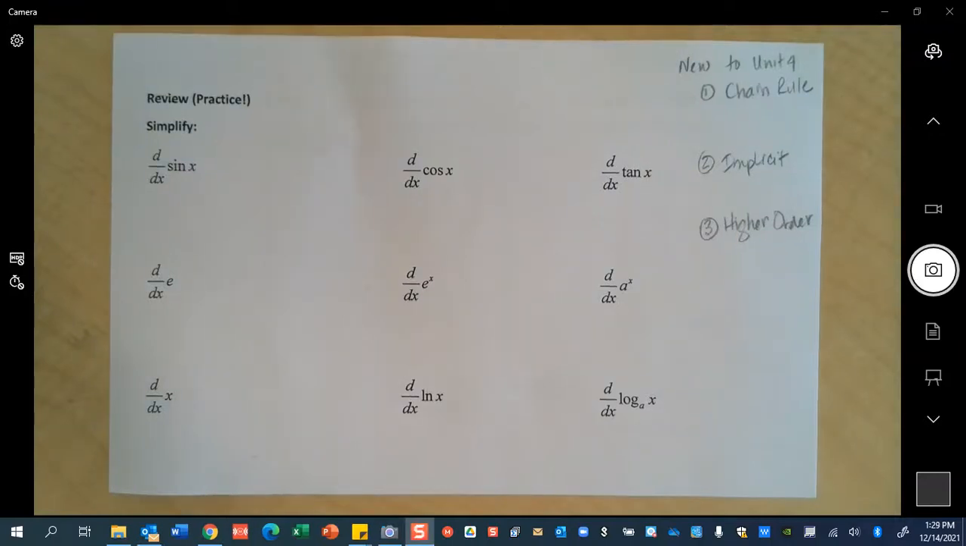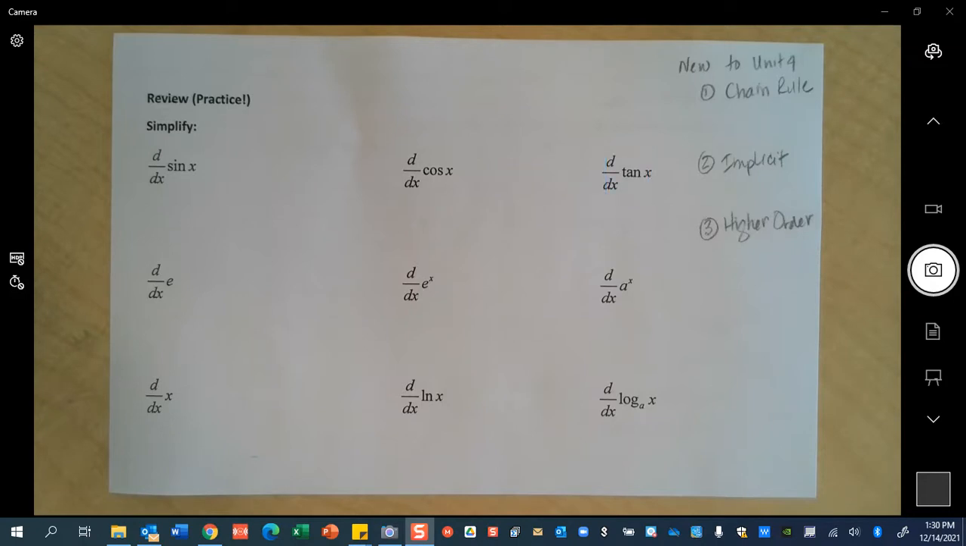So none of this should be different. The derivative of the sine is cosine. The derivative of the cosine is the opposite of the sine. Tangent, maybe you have to peek at that one, secant squared, right? But